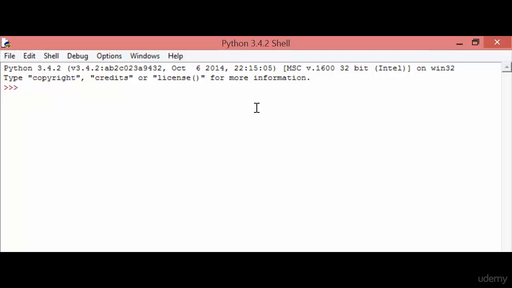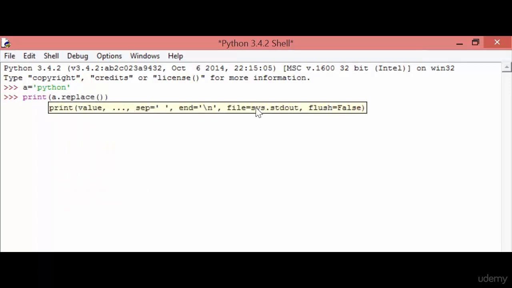The last method is the replace method. The replace method will simply replace a character. So initially I created a string named Python. Now I'm going to replace in the Python string. For that, e.replace, I'm going to replace the character p with j.